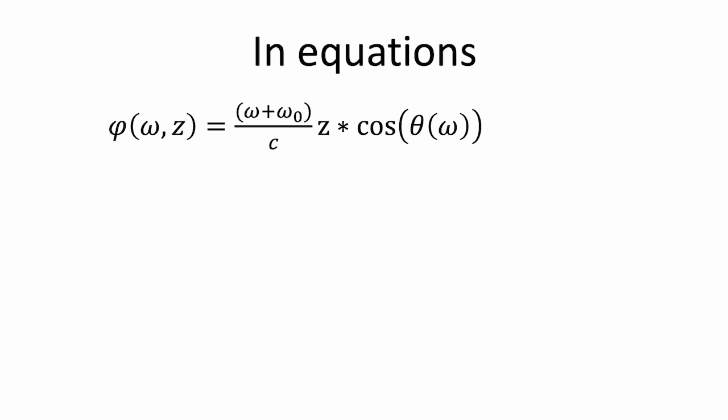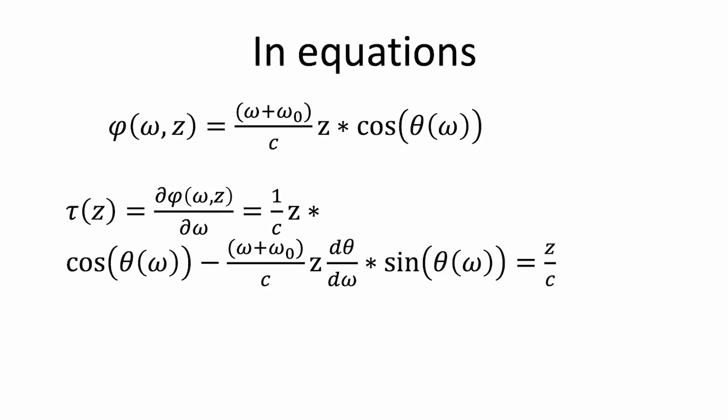If we take this phase term, and I write omega now as the shift with respect to omega naught, that's the central frequency, so that omega equals 0 is the central frequency, you can see that it has a dependence on omega that's not linear. So if we take the derivative now, next slide. Okay, you see it has two terms, one with cosine theta, one with sine theta. Now, if we evaluate this at theta equals 0, the sine theta goes to 0, cosine goes to 1, and we get z over c. So this time delay is just a pulse traveling at the speed of light.